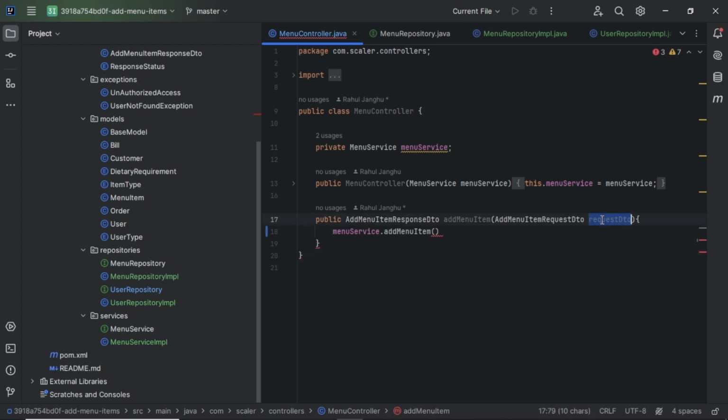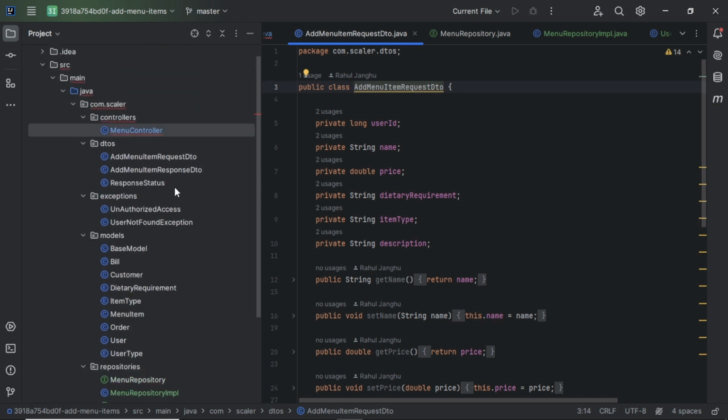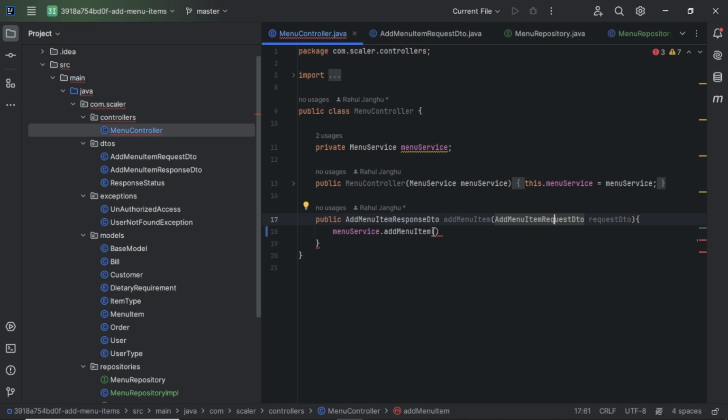Here we have a request DTO, and when we click on it we can see we already have all the things inside of the request DTO. So we will take it from here and pass it. If you want to pass everything, you can pass the DTO directly and get it there. And if you want to pass one by one, you can do that. I'm just using it like this.